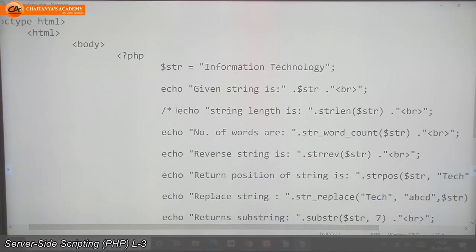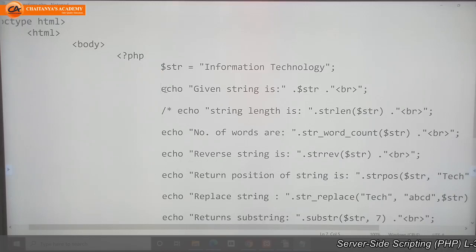I didn't use any function for the string till now. I am just going to print whatever value is stored in this variable. So what is the syntax, or what line of code do I need to use? Echo. Echo means to write or print the statement on the web page.